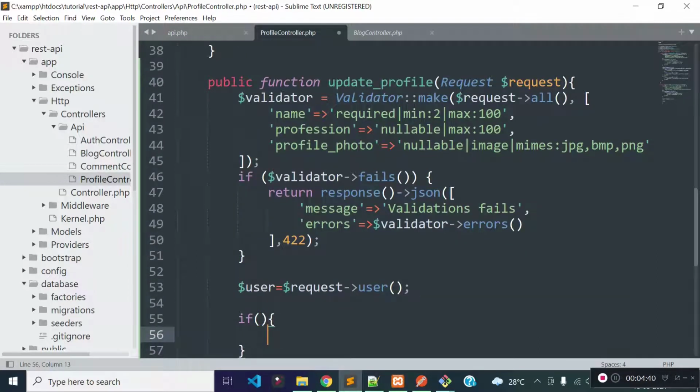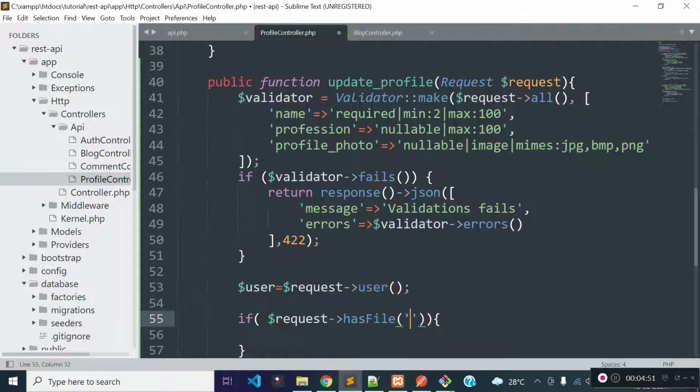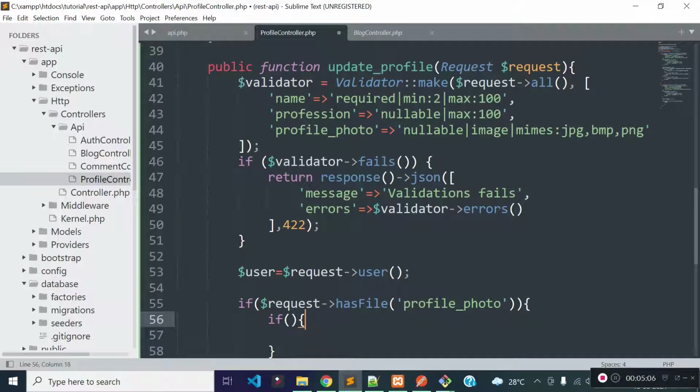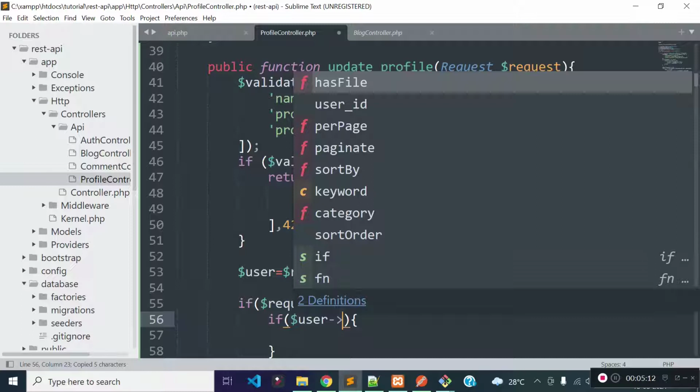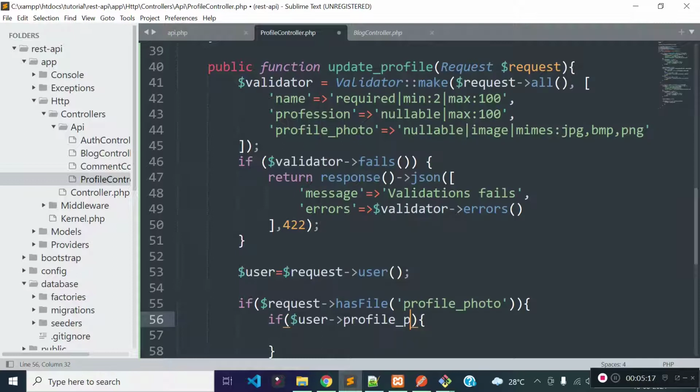And then I will check if user is updating his profile photo. Okay, so I'll check request has file, that means user is uploading the file, and inside this hasFile method let's provide the file name which is profile photo, that means user is updating his profile photo. Then I will check if the user already uploaded any photo for his profile, then I'll remove the photo. Okay, so I'll check if user profile photo, that means user already has a profile photo, then we'll remove the